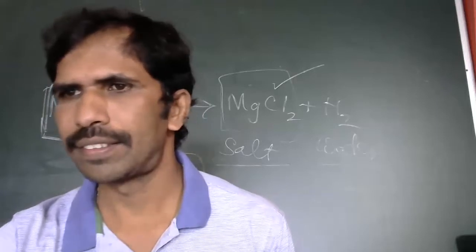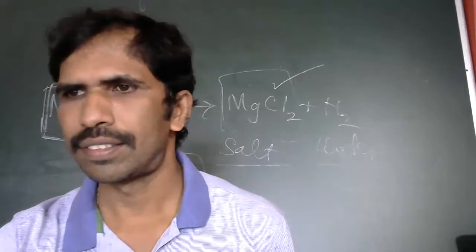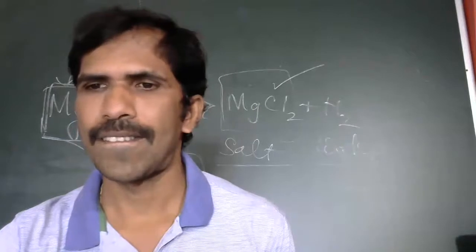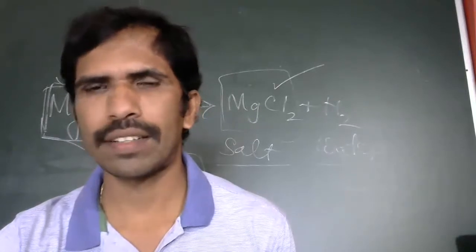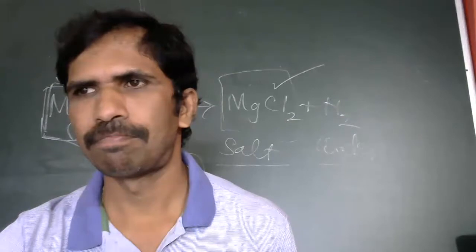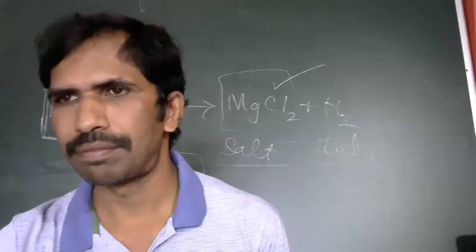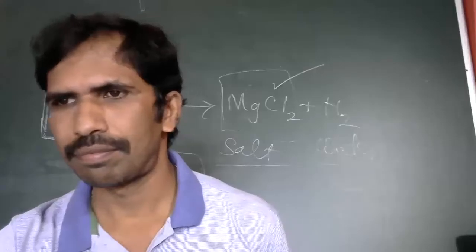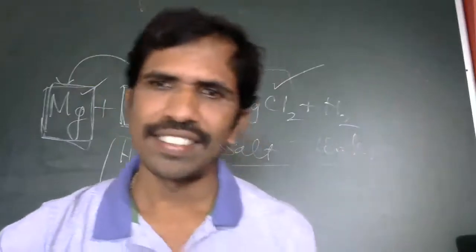Soumya Hegde, can you tell me what is metallic oxide? When metal reacts with oxygen, it forms metallic oxide. Okay, thank you. Shanvi, what is metallic oxide? When the metal reacts with oxygen it is called metallic oxide. Okay, thank you. Very good. Both of them said it right, metallic oxide.